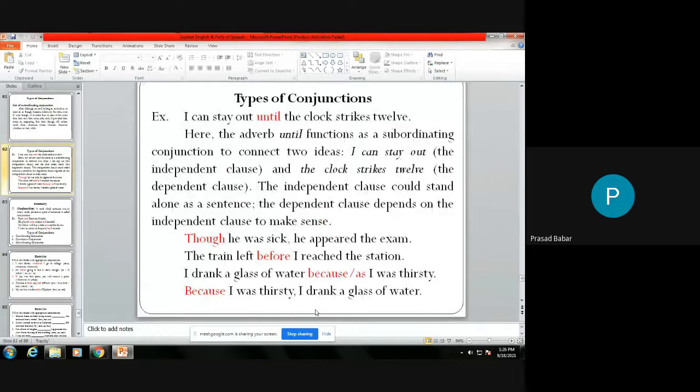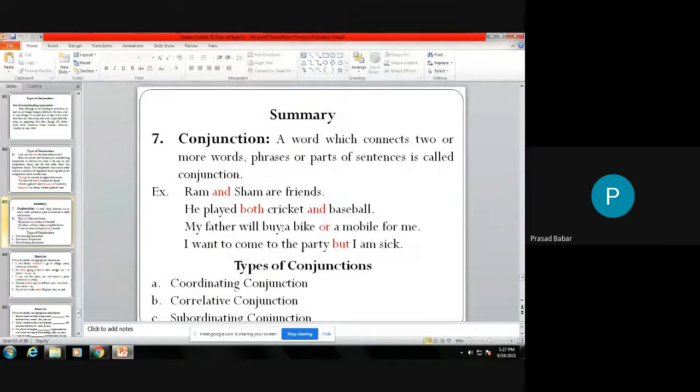Then the fourth example: because I was thirsty, I drank a glass of water. Same type of example. So, though, before, because, as, till, until, these are called subordinating conjunctions. Okay, subordinating conjunctions. Okay, तर अशा पद्धतीने आपण